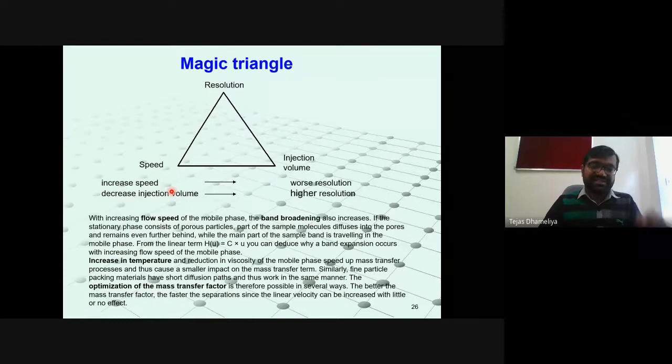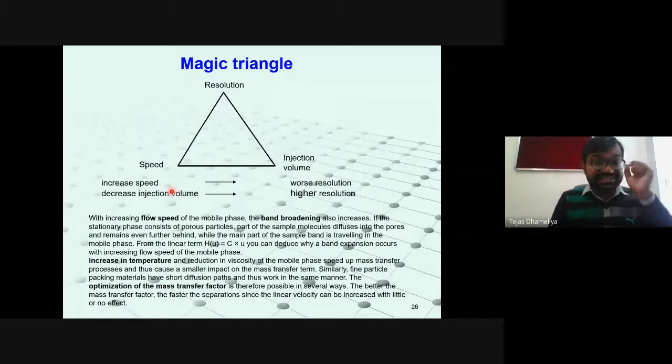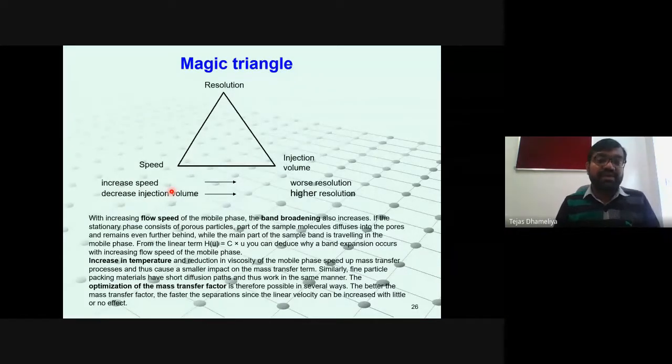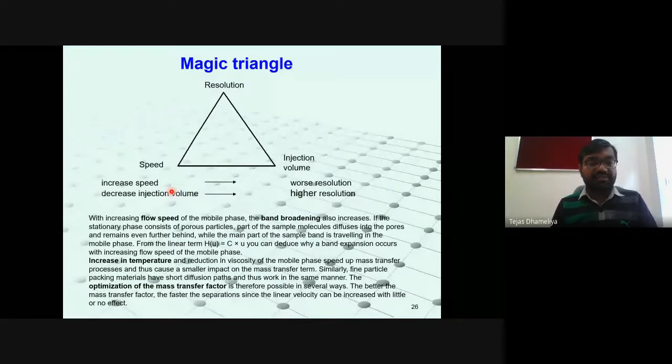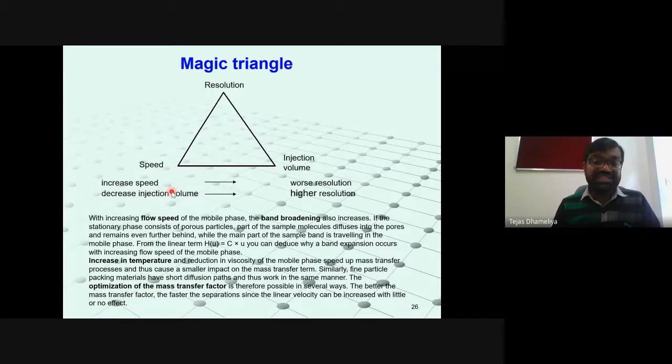So that's why it is suggested that your concentration and injection volume should be as low as possible to obtain efficient separation, because HPLC is an instrument that can sense even microgram quantities of a compound. Microgram means 10 raised to minus 6. So you can achieve this much sensitivity with the help of HPLC, and that also depends upon which kind of detector is used in HPLC. Okay, so it is mentioned over here.